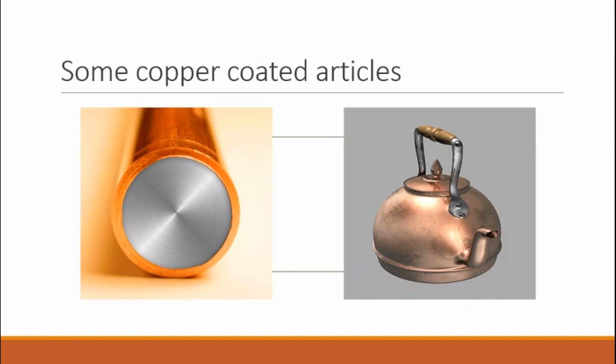You can see a different metal inside and there is a copper coating outside. The first one is aluminum inside and copper coating outside. On the other hand, you can see a kettle which has copper deposition over it. That has aesthetic advantages. Also, it has other advantages in the medical area as well, as some of the research suggests. So that is about the electroplating process with copper deposition as an example. I hope the process is understood.